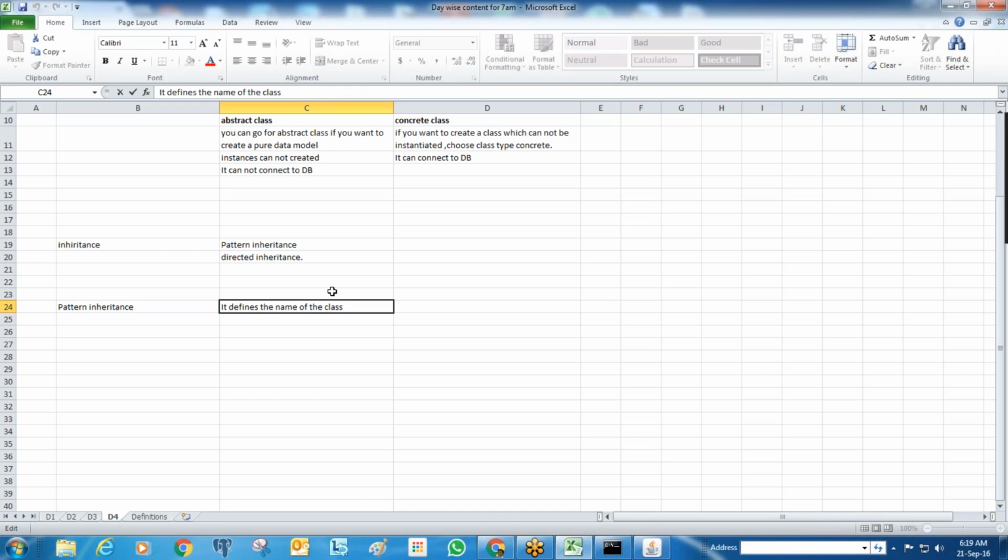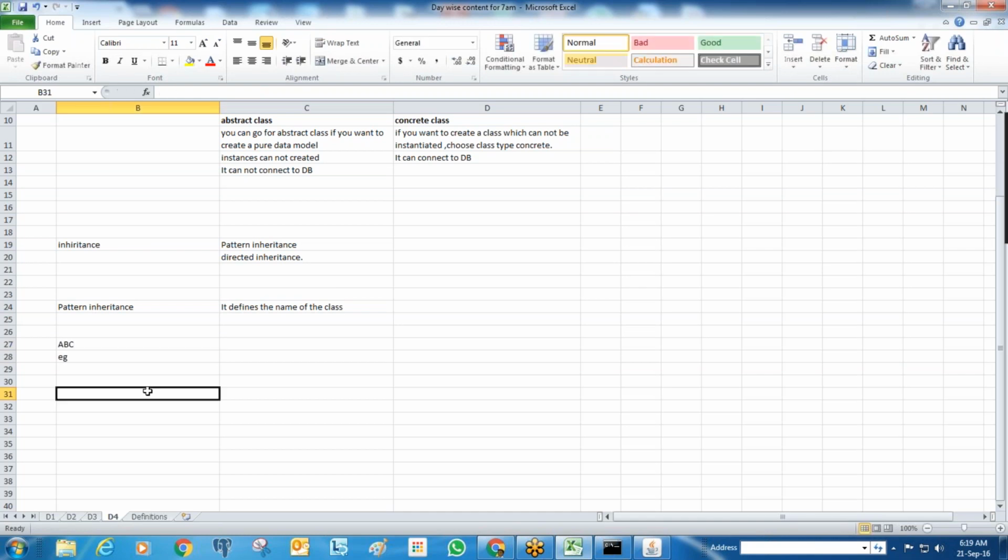That means that based on the class name only, I can get to know what the parent classes for that class are. Let's take a simple example. Already an ABC class is present.